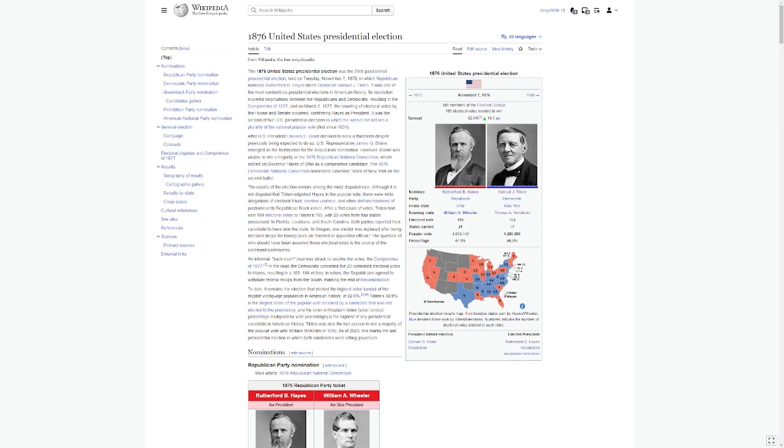As such, it required the formation of an electoral commission, whereby a set of electors were assigned to determine whether the electoral votes gained by these states for Rutherford Hayes were valid, and they determined that it was, as they were Republicans. Sam Tilden also was able to win the majority of the popular vote, the only time in history that this has happened.